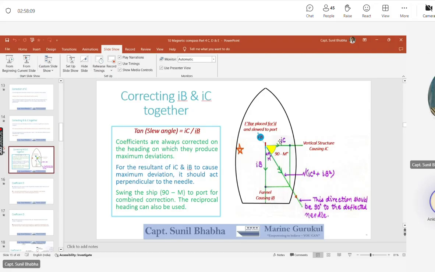Okay. Sir, IB and IC both are dependent on the VSI, correct? Yes, both are dependent on one VSI. One is in the forward and aft direction, one is in the port and starboard direction. Yes बेटा, that's correct. Okay. और अब इसे थोड़ा और इंटरेस्टिंग बना दें।